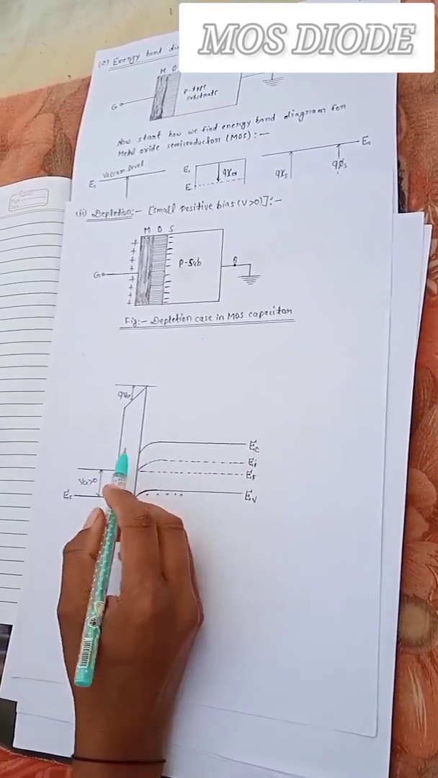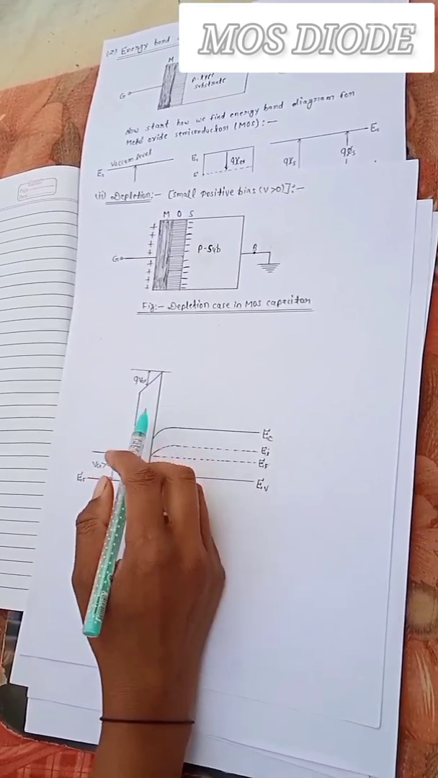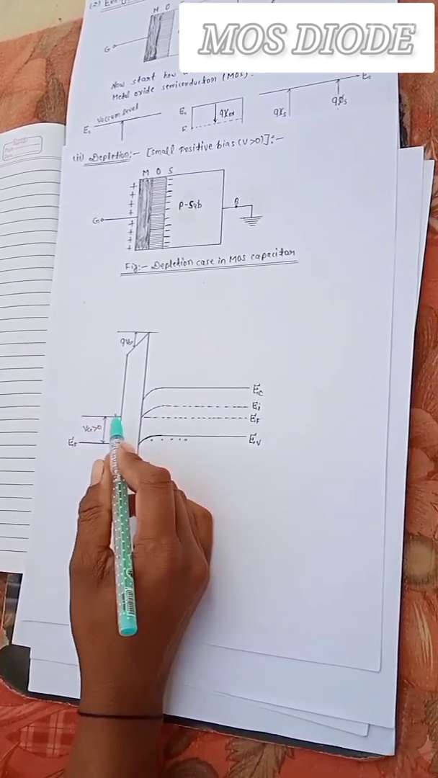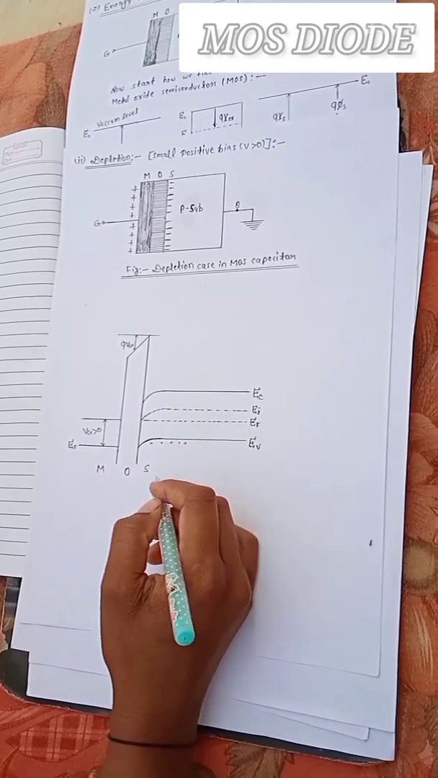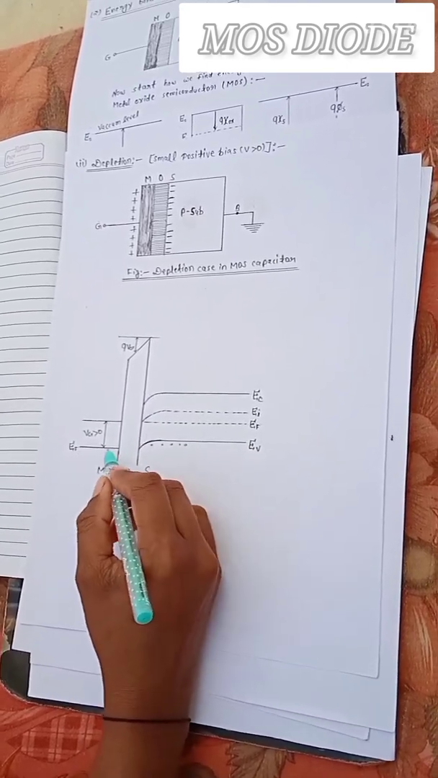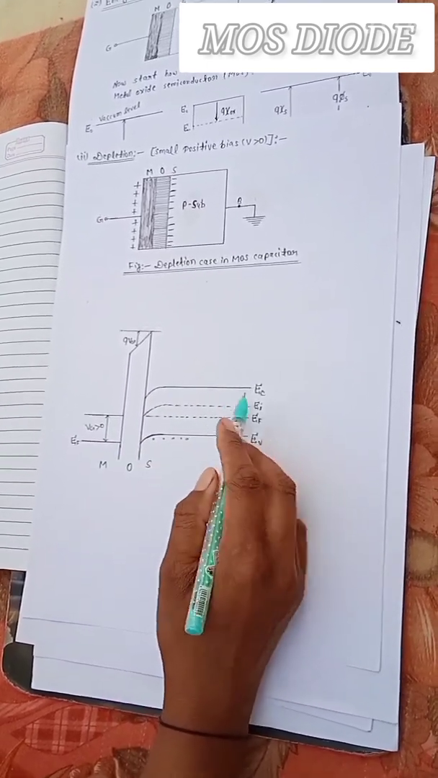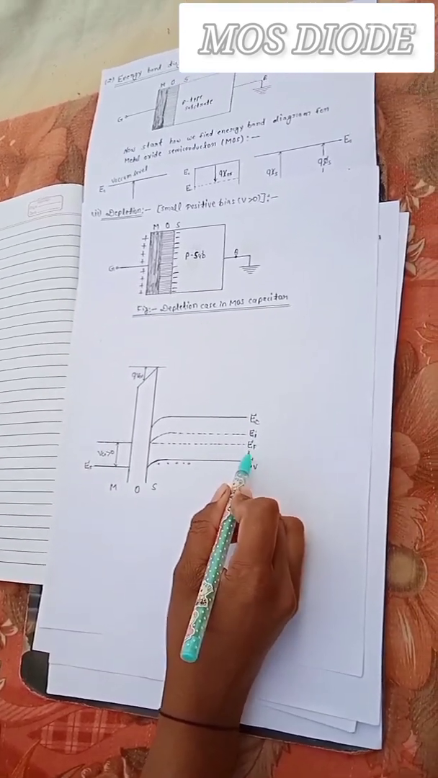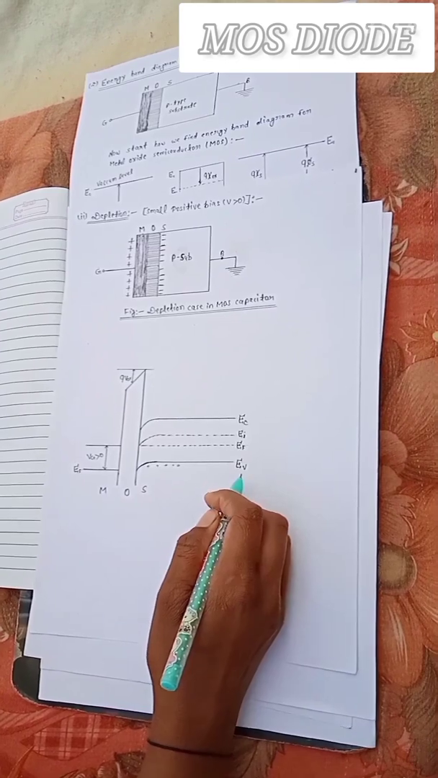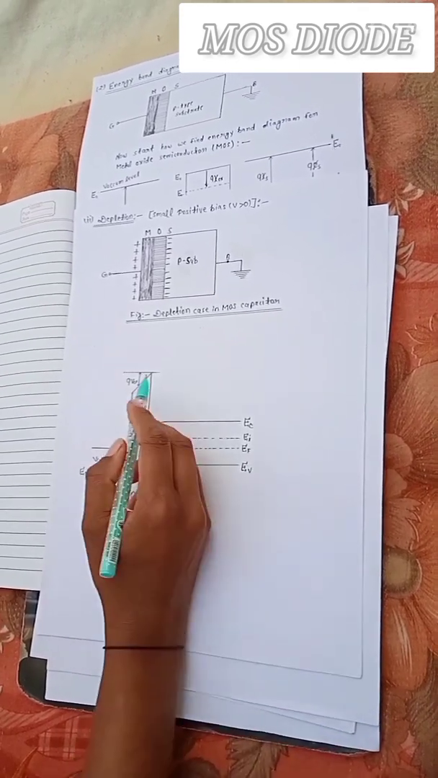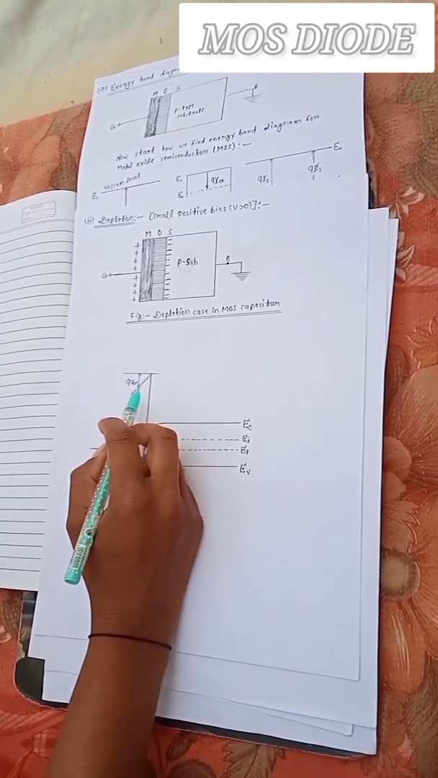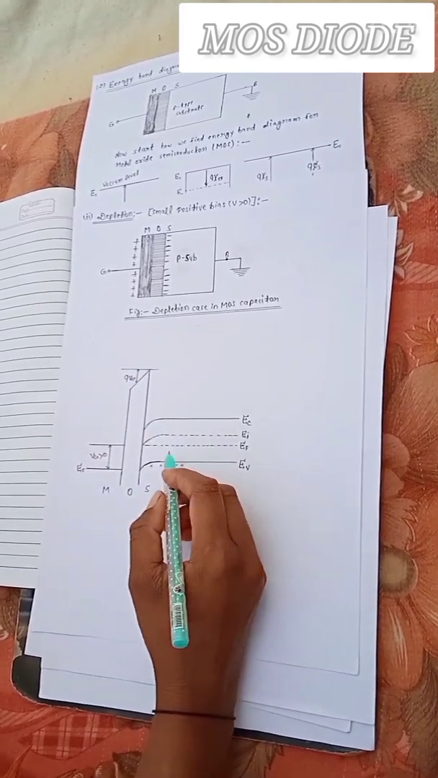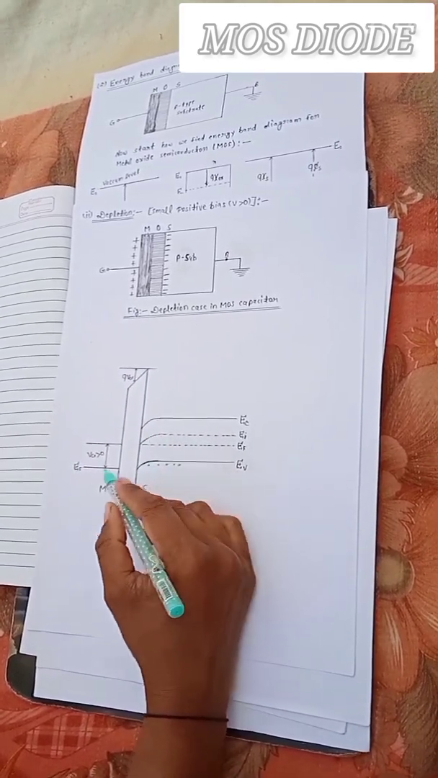And the energy band diagram for the depletion case in a MOS capacitor. This part is metal, this part is oxide, and this part is semiconductor. This is the metal Fermi level EF, this is the conduction band EC, this is the intrinsic level EI, this is the Fermi level EF, and this is the valence band EV. q Vox is the potential drop across the oxide, and if we apply positive voltage on the gate,